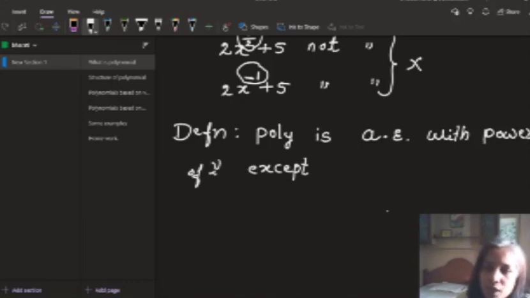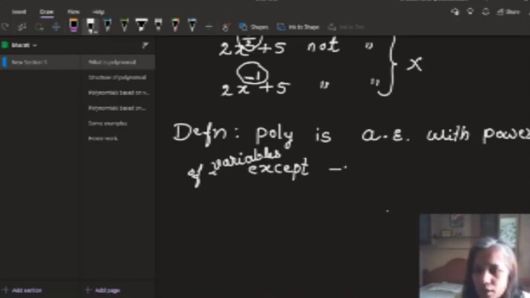We have to mention variables here because variables are having powers, not the constants. Yes, a polynomial is an algebraic expression with powers of variables